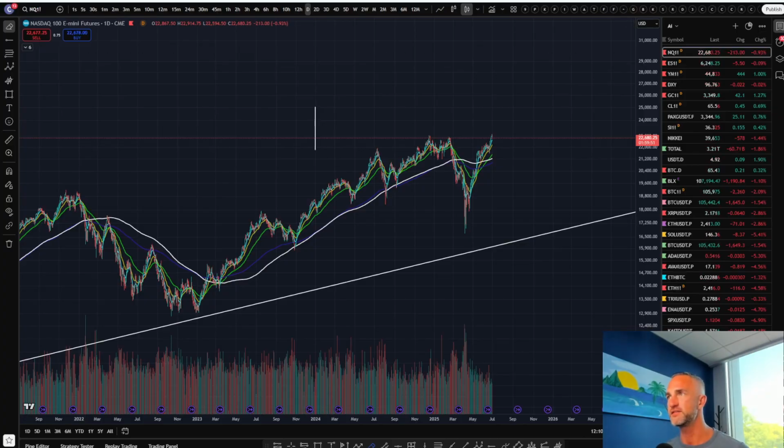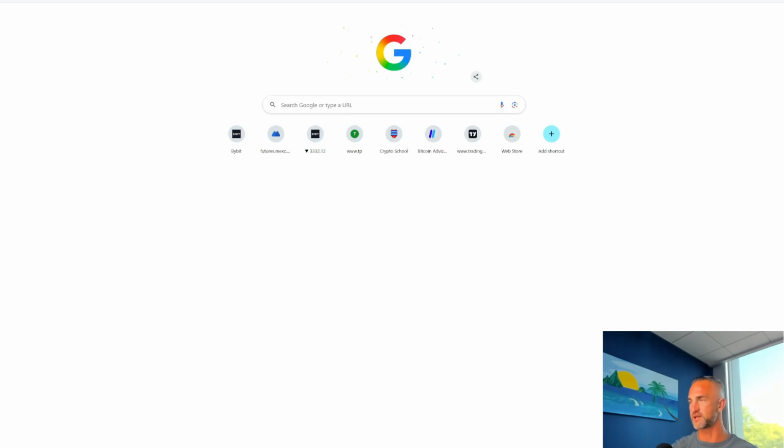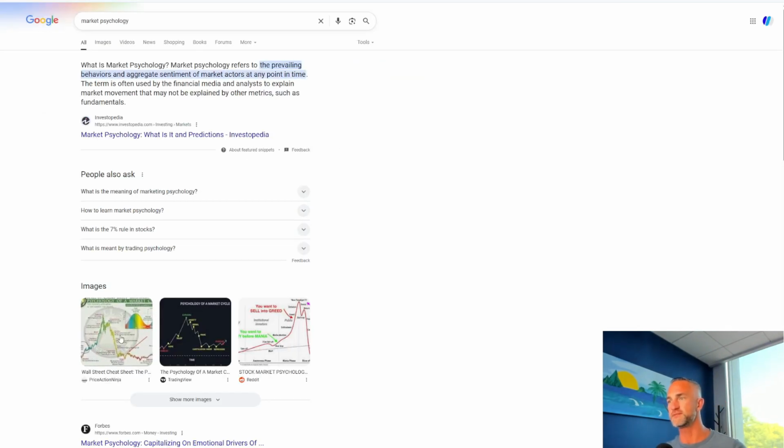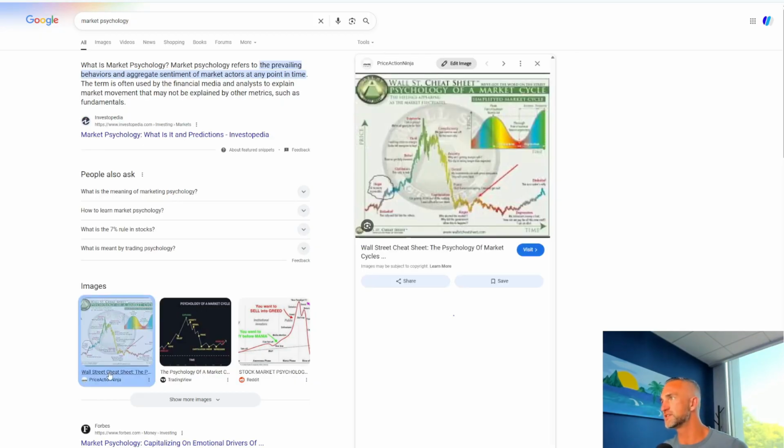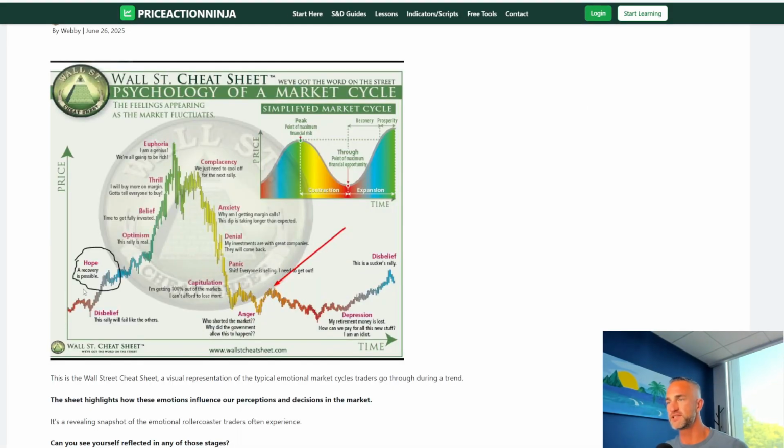And another thing that I had up here was our market psychology cheat sheet, which is another thing on the Resource Center. I don't know if I have it up at the moment, but why don't we just Google it really quick: market psychology cheat sheet. It does hold weight across the board, across all different markets. You can use this Wall Street cheat sheet, if I can get it to pull up here, to see where